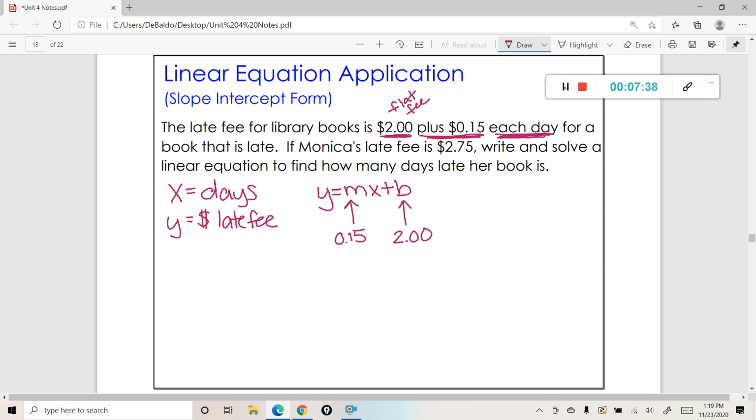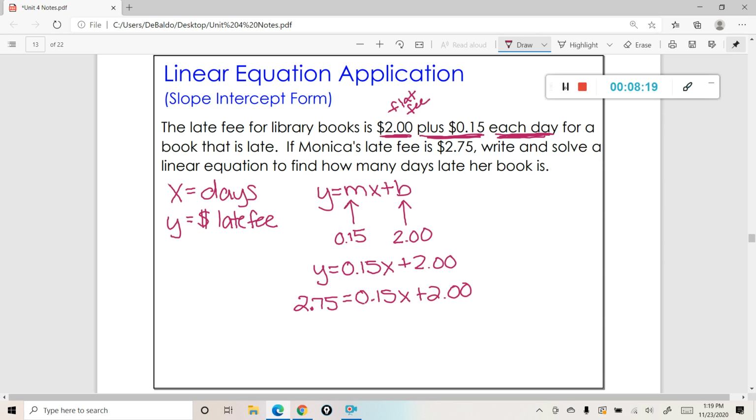So let's go ahead and create this equation. y equals 0.15x plus $2. And that's our linear equation, but the question here is asking if Monica's late fee is $2.75, we want to write and solve a linear equation to find out how many days late her book was. Well, remember the variables here. The y represents the late fee. So if her late fee is $2.75, let's go ahead and solve for x